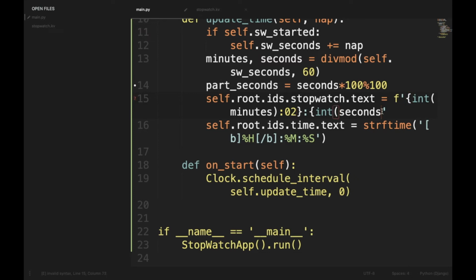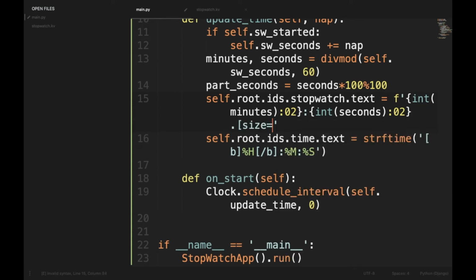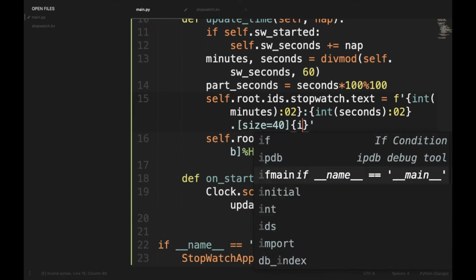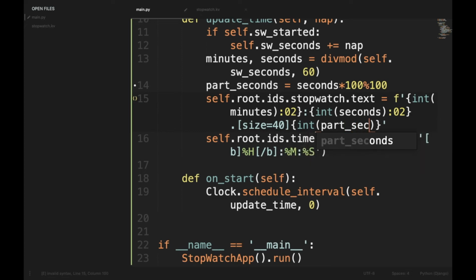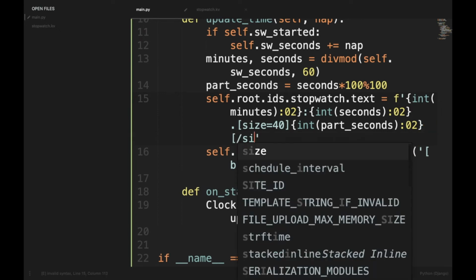Then finally size equal to 40, and then int of part_seconds, zero padded to 2, and then close the size.